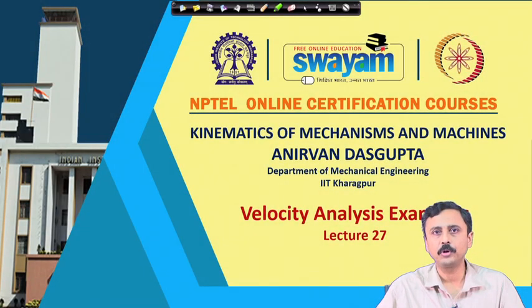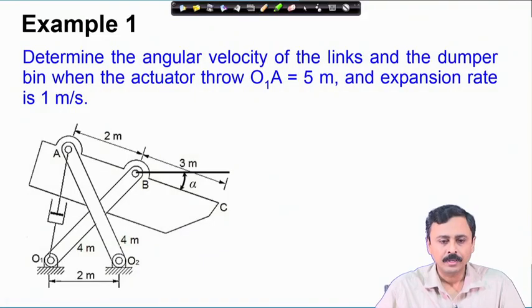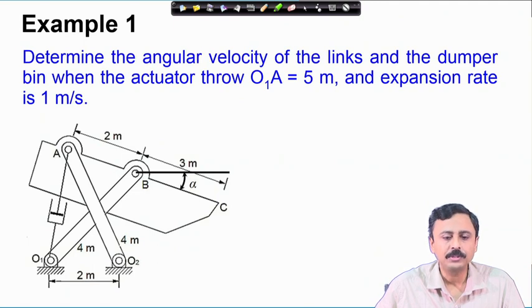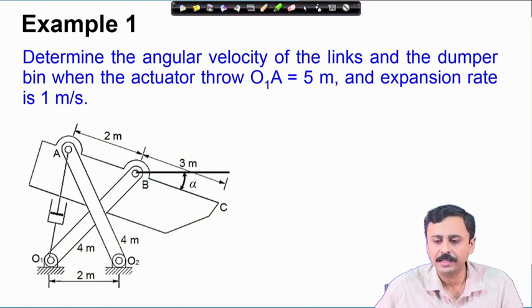In this lecture, I am going to look at some examples related to velocity analysis. The first example is of that bin which we have looked before. We have discussed the displacement analysis of this bin. Here we are to determine the angular velocity of the links and the dumper bin when the actuator throw O1A,